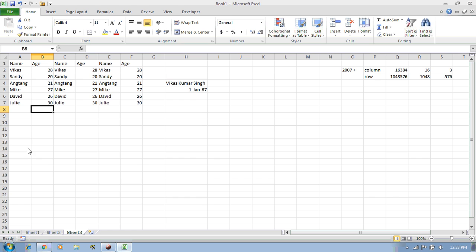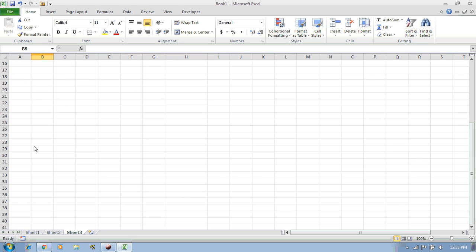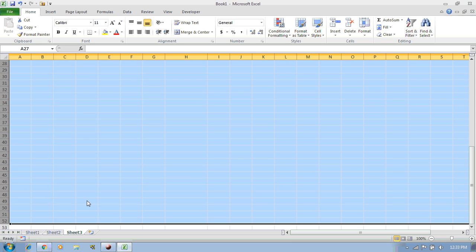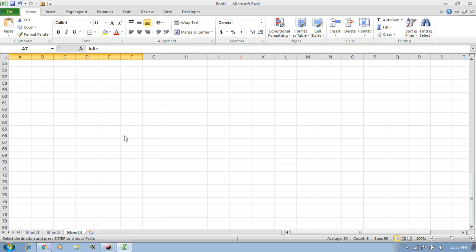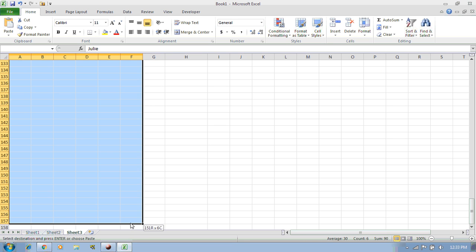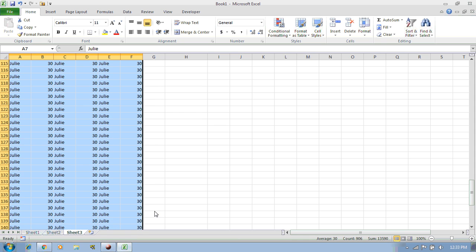And if you want to see the data of the next 26 rows, like 27 to 52, how will we see this? For that we have one more shortcut key in Excel. Let me just fill this data down quickly so that I can show you.